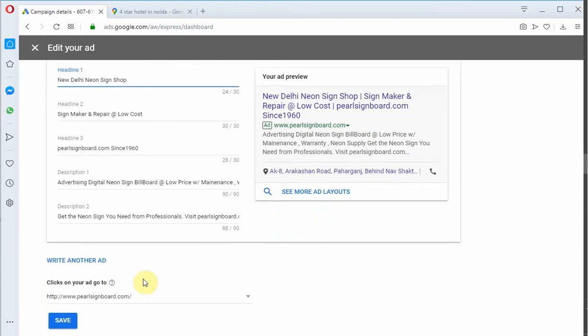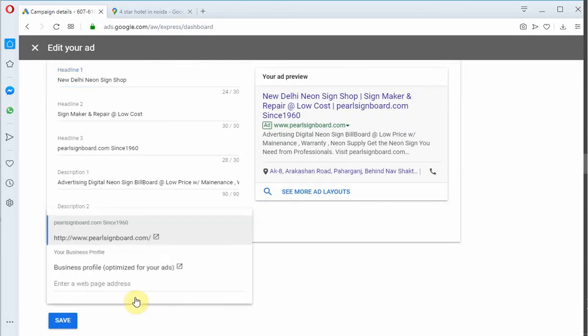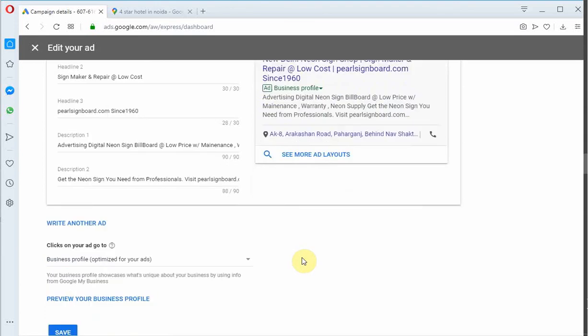For example, let me delete my, you may give the home page or business profile.